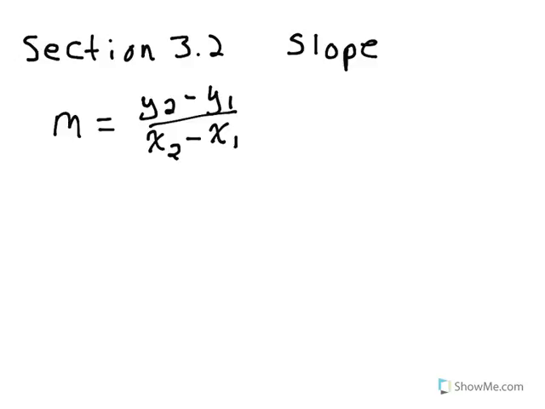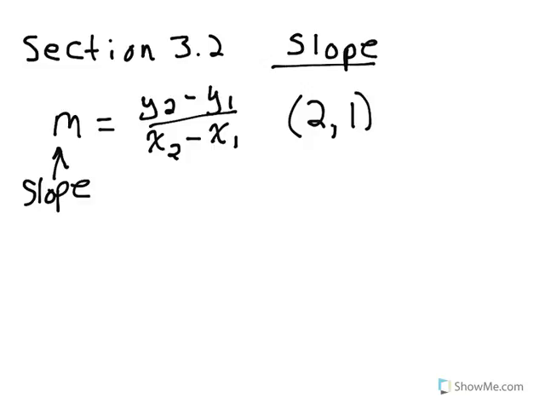Section 3.2, Slope. The formula for slope is m equals y2 minus y1 divided by x2 minus x1, where m is the slope. x1 and x2 and y1 and y2 come from your coordinates of points. For example, if we have the coordinates 2, 1 and 5, 3,